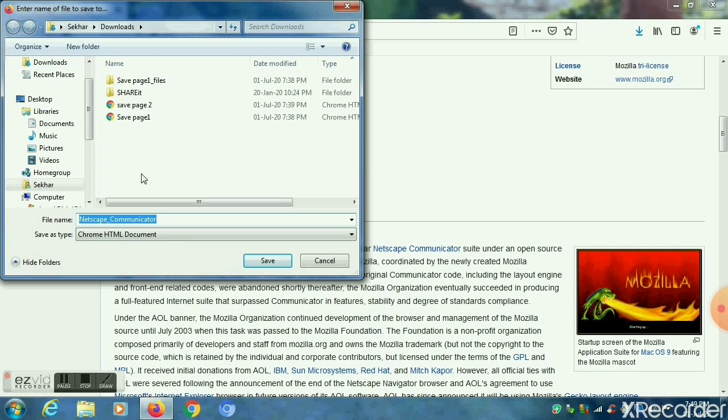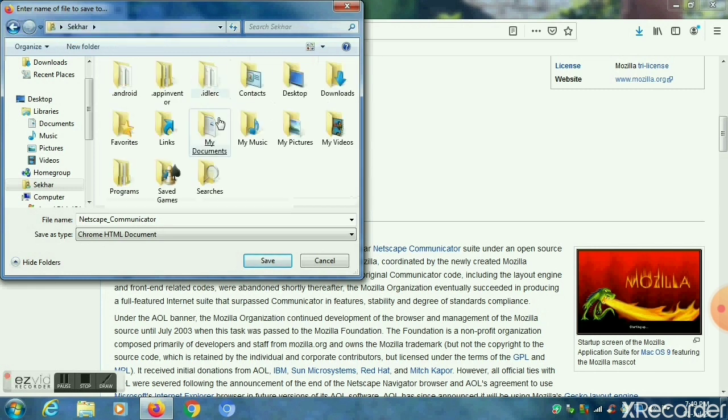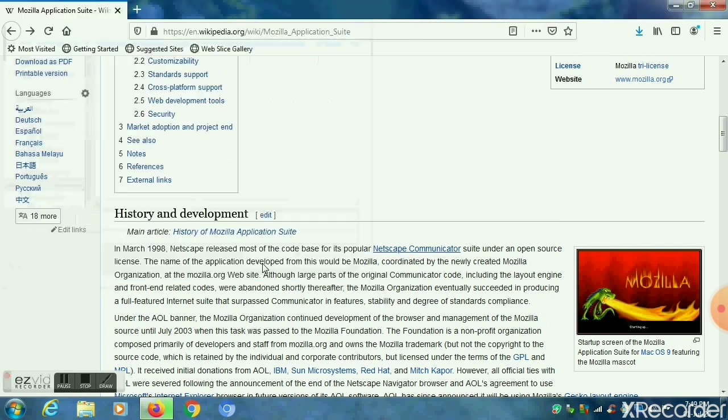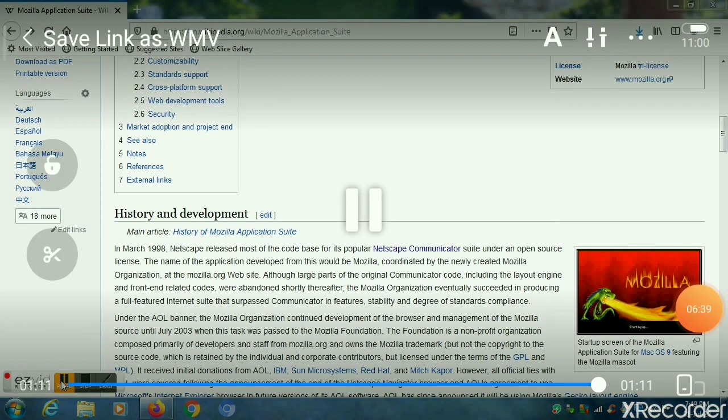Once you select the Save link as option, you will get a Save As dialog box on the screen. In this dialog box, it is asking you the file name and the Save as file type. It is showing you the Chrome HTML document, and now we are going to change the file name. Before that, first we change the path also if you want. So go to the path and select the path where you would like to save the file, and then go to the file name and click the Save button. You can change the file name also here. So click the Save button, and the link will be saved.